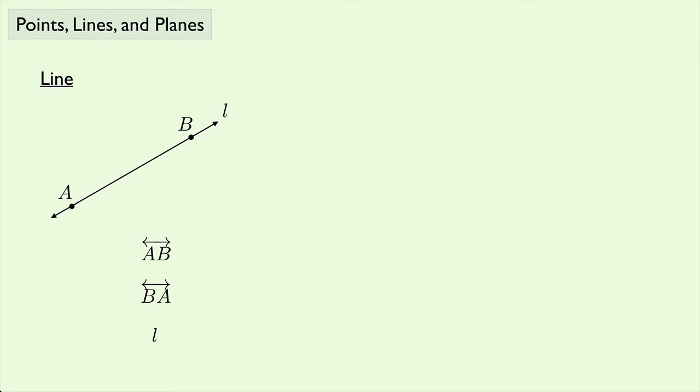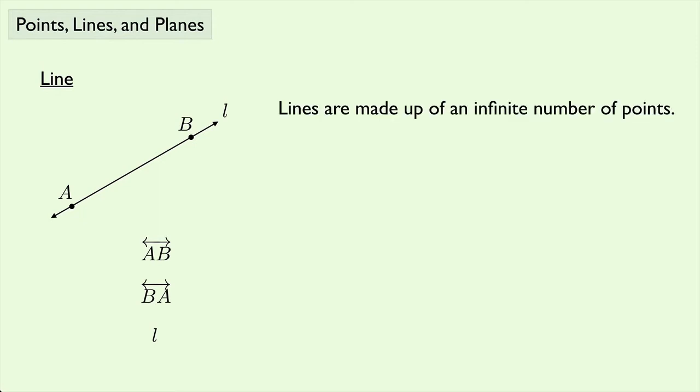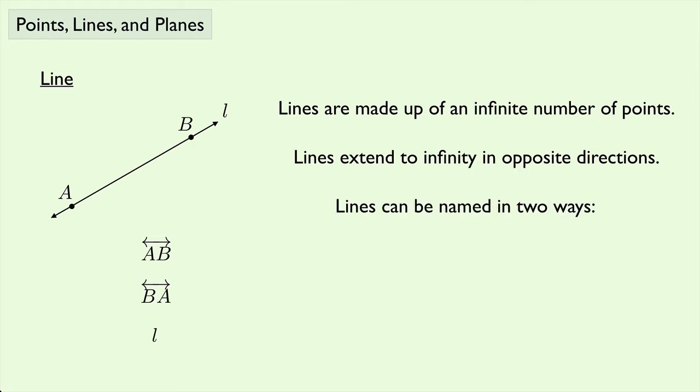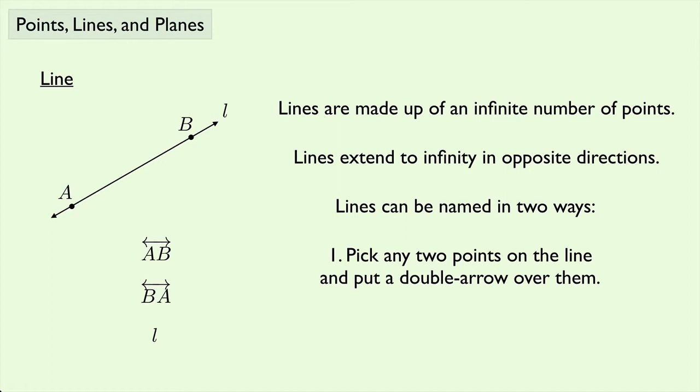So important things about lines. Lines are made up of an infinite number of points. So I have points A and B labeled on this line, but it turns out that there's an infinite number of points. I could have picked any other point on the line. Lines extend to infinity in opposite directions. And lines can be named in two ways. So we saw that you can pick any 2 points on the line and put a double arrow over them,